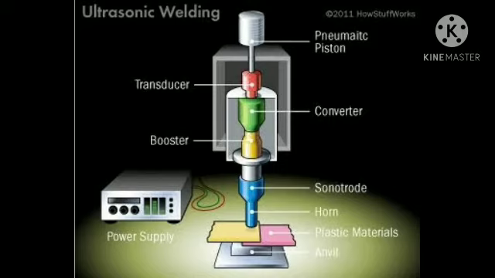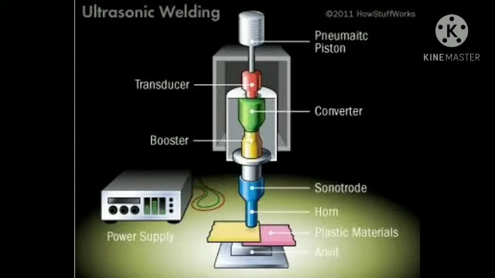At the start, the high frequency current passes through a piezoelectric transducer. This transducer converts the high frequency electrical signal into mechanical vibration. This vibration is further supplied to the booster which amplifies it. The amplified high frequency vibration passes through the horn which is in contact with the welding plates. This welding creates a lap joint. One plate of the weld is fixed into the fixture and the other one is in direct contact with the horn. These plates are held under moderate pressure force.